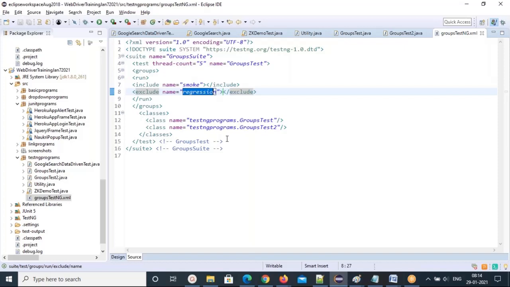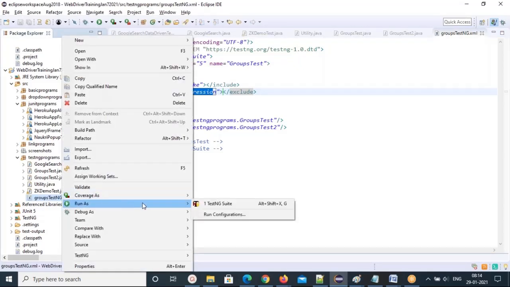Once you have a suite file, right click and run as TestNG suite. For an individual test case, run as TestNG test. If you are running the suite file, you have to select run as TestNG suite. Click on this.